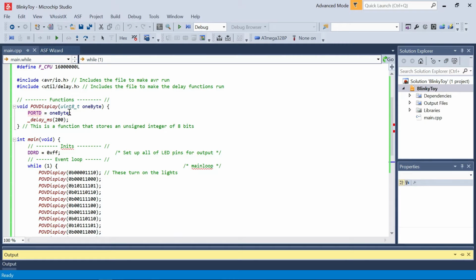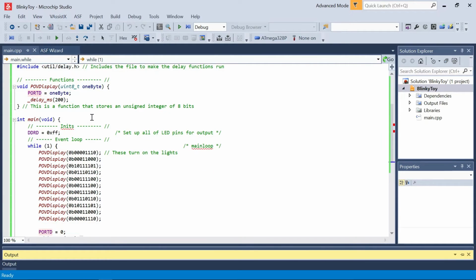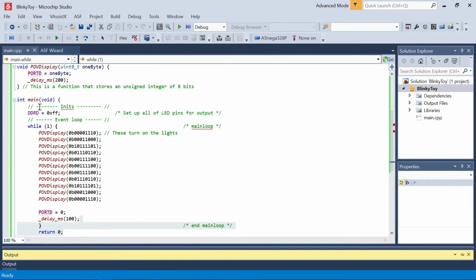And I believe the 8_t means that it is 8 bits, which would make sense because we are using an 8-bit controller, basically. So, moving on, we basically delay 200 milliseconds. And then this function stores an unsigned integer of 8 bits. Obviously, that's an 8-bit. Okay, so in the main function,